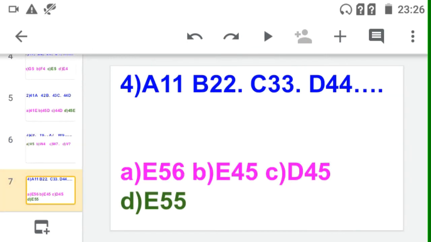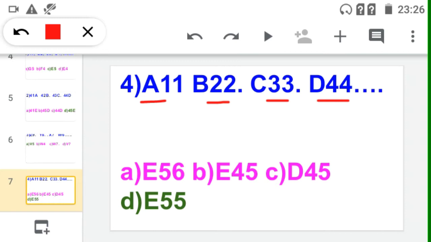See in the fourth question. So when we are solving, first see the number and then see the alphabet. So see in that question, it is the first term, it is second, it is third, and it is fourth. Now we have to find out the fifth term. So when we are solving a series, we always look at the first and second term. Whatever similarity between these two terms, that only we have to apply on the fifth term.